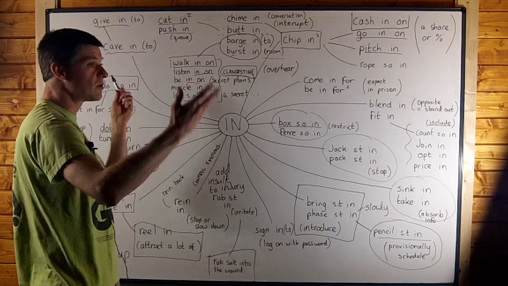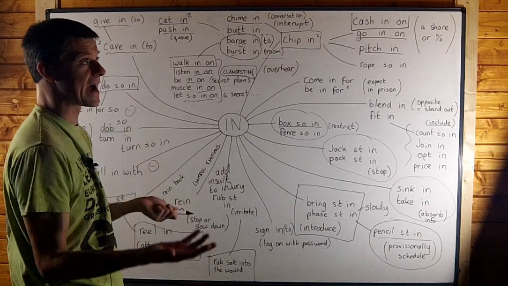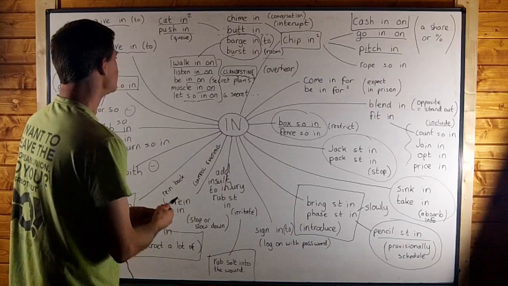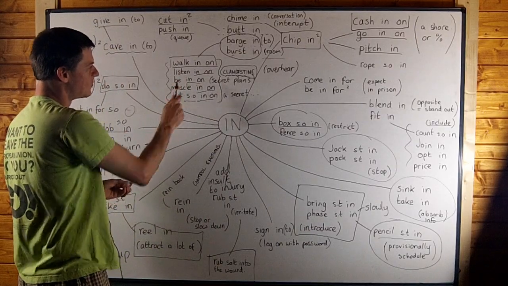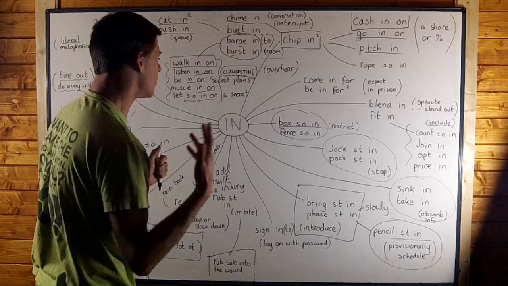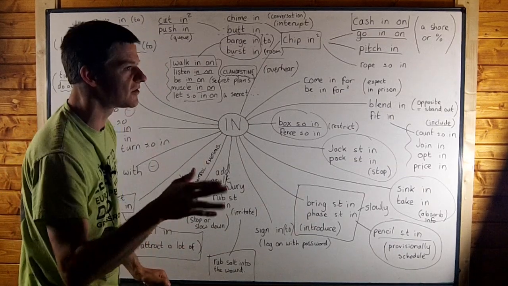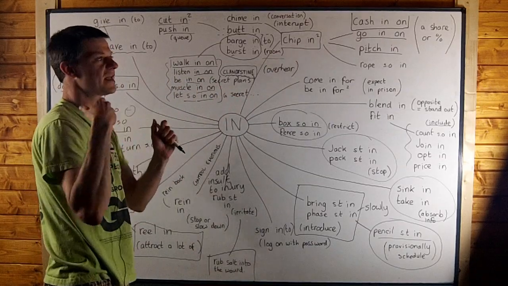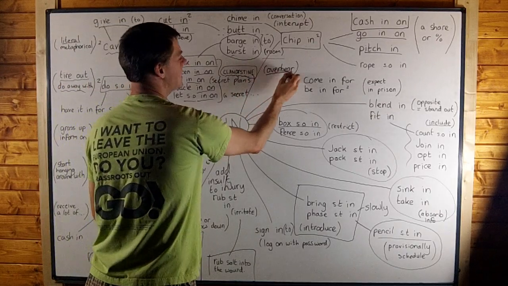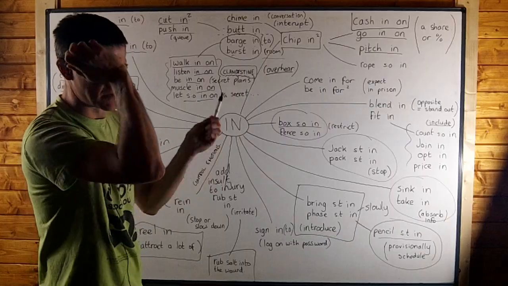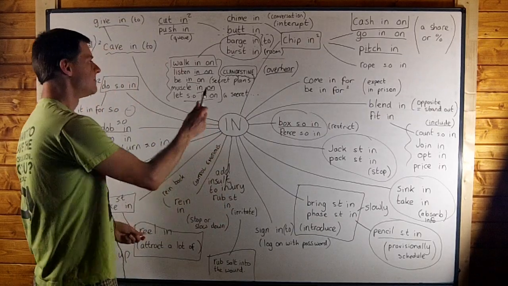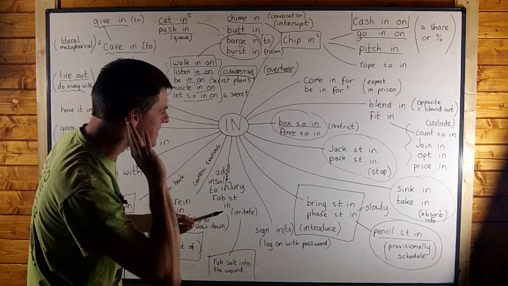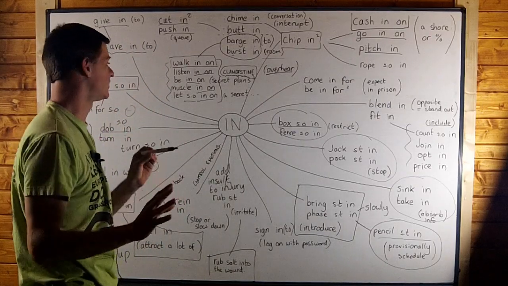It could be anything though. You can walk in on your boss when he's doing something bad or committing a crime or something like that. You walk in on him and catch him red-handed. Now I think this one is similar to all of these other ones here, because if you listen in on a conversation, you're listening in on a secret. You're listening in on something which you're not supposed to hear. So we say listen in on, which is like eavesdrop. It's different from over here, which is accidental. You don't do it on purpose. But when you listen in on a conversation, you're doing it on purpose.